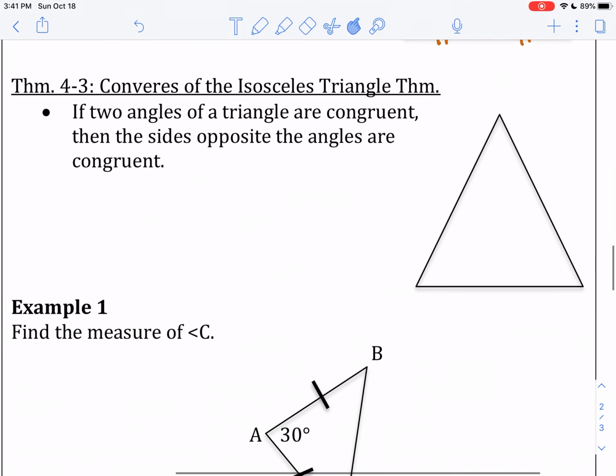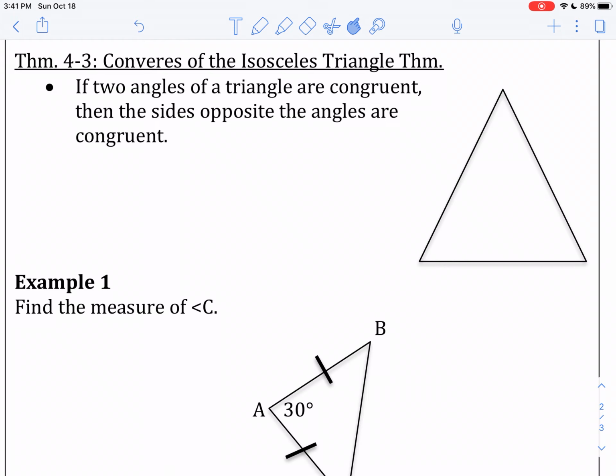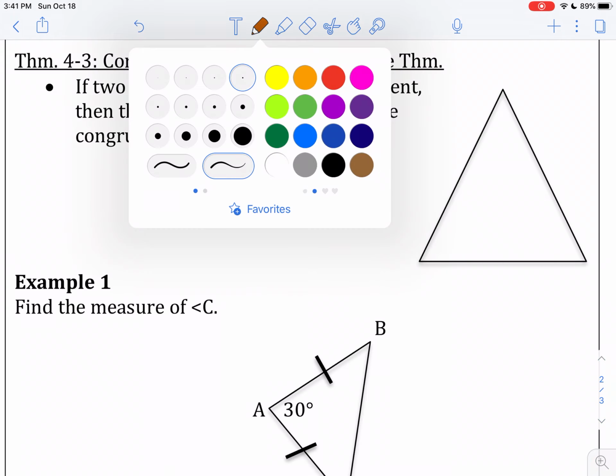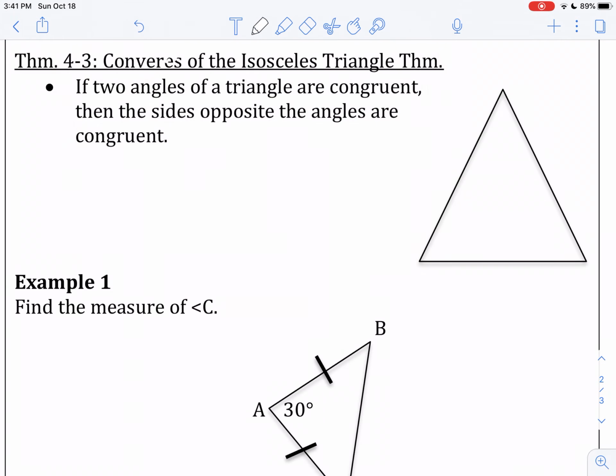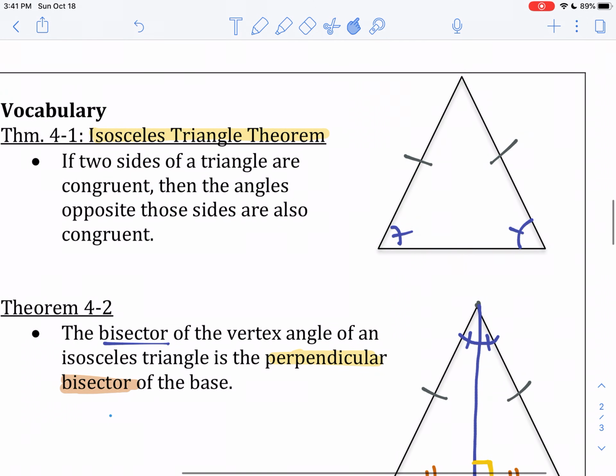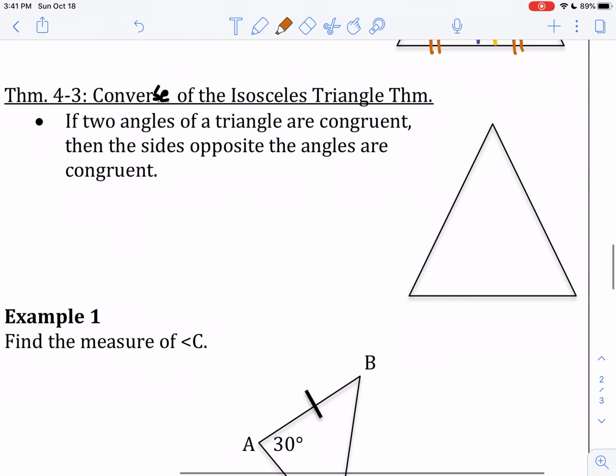All right, next one we're dealing with the converse, and it looks like I have a little typo on here. Sorry about that, people. I want SE here. The converse of the isosceles triangle theorem. So that's the flip-flop of the first one that we saw today. The first one says if we see these two congruent markings for our sides, then we can add in the angles. So the converse says, all right, you come across a triangle